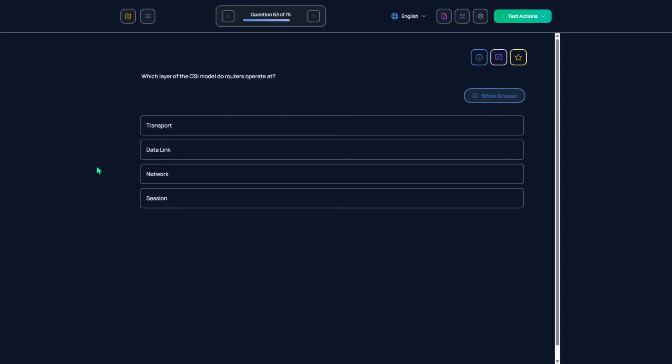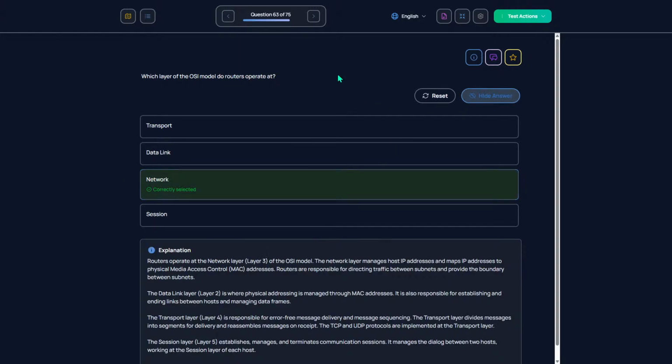Which layer of the OSI model do routers operate at? Network. The OSI model: physical, data link, network, transport, session, presentation, application.